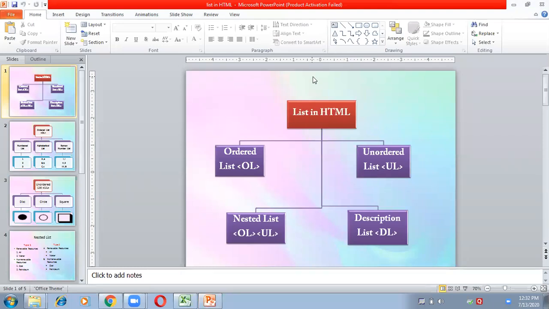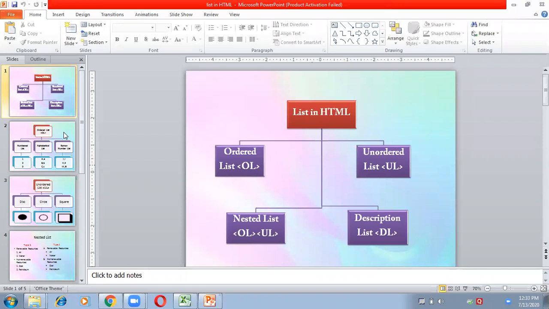Next is, it should be organized. Whatever presentation you are preparing, it should be well organized. It means everything should be in sequence. Like suppose I have created a presentation to explain the HTML, the list in HTML. Then I cannot place the second slide before the first slide, or I cannot place a third slide before the first slide. There is a particular sequence of the slides, and that is organized because I have organized the slides accordingly.